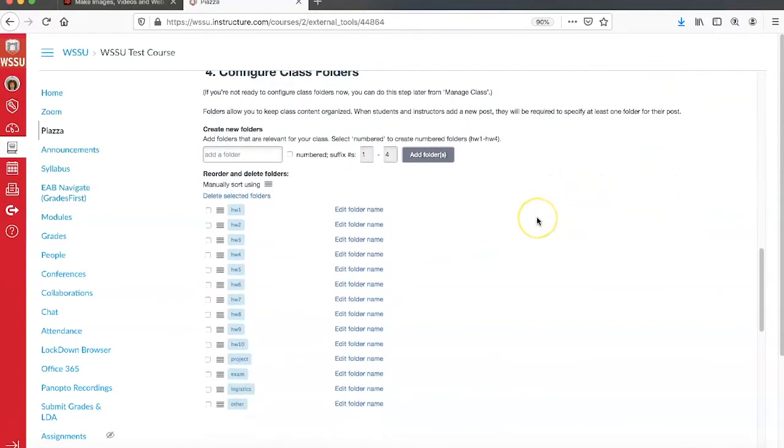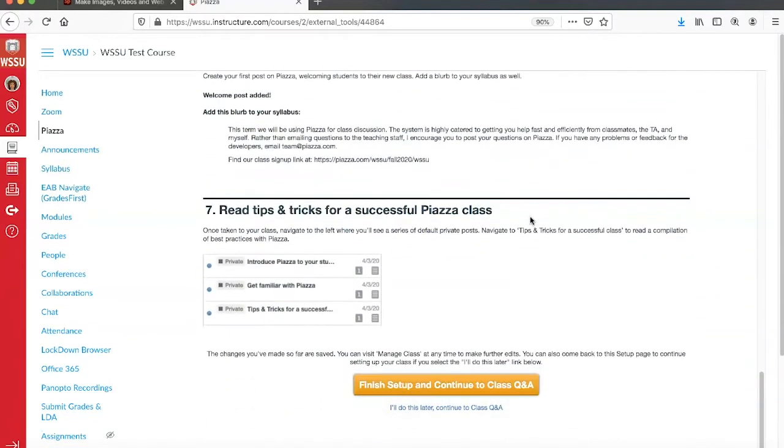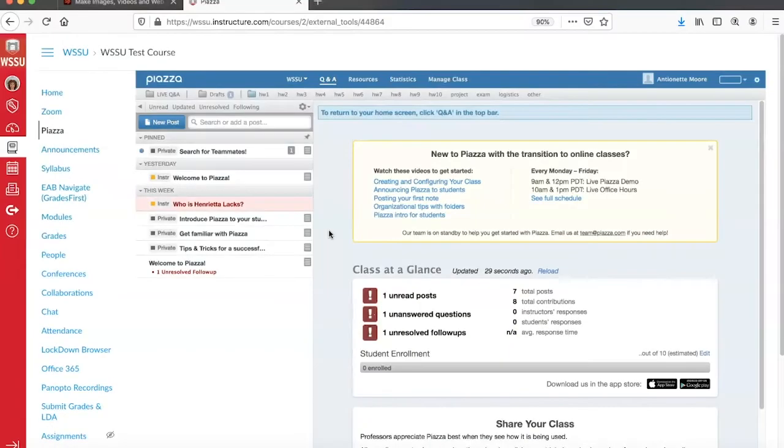I'm not going to talk too much in detail about what these settings do, but be sure to read them, and when you have answered and completed the information on this page, be sure to select Finish Setup and continue to class. When you have successfully configured Piazza, click on the Q&A tab. Always remember to select the Q&A tab at the top of the page to go to Piazza's home page